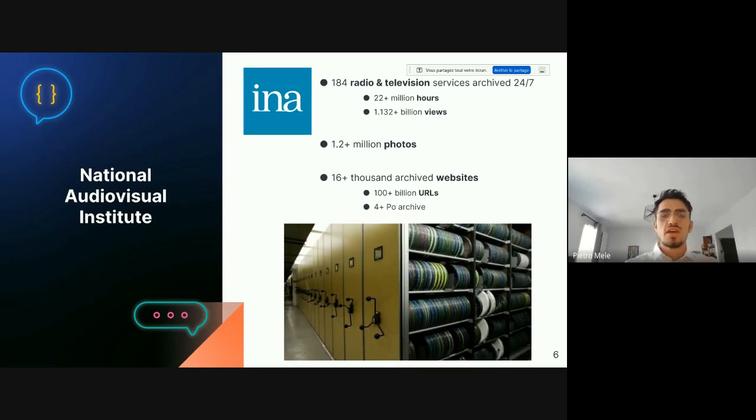As we can see, we have more than 22 million hours of services recorded that generate over 1.1 billion views. And also we have photos. We have 1.2 million photos and up to 16,000 archived websites. So we can see the amount of data, which represents for us a huge challenge, but also a really fertile terrain from the search engine's perspective.